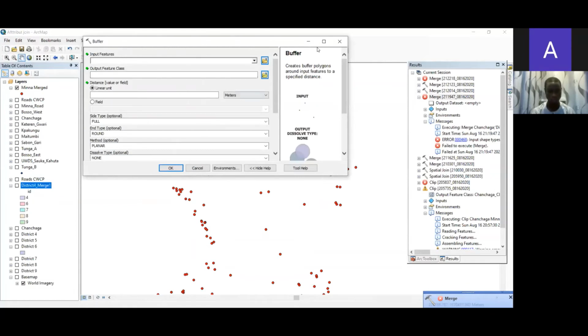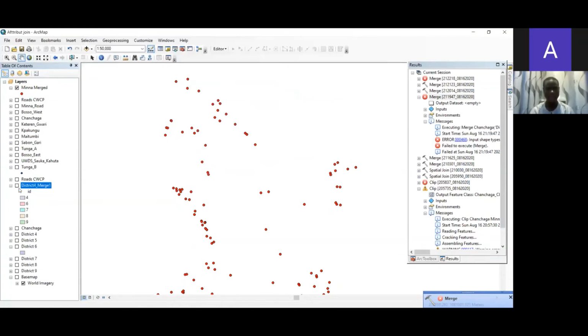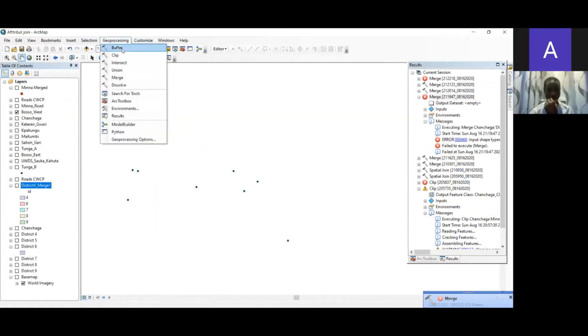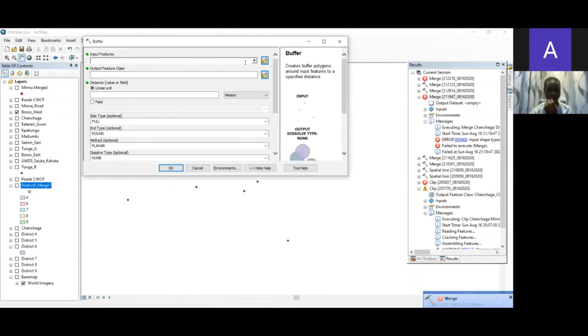Let's assume, maybe let me just take a single dump site instead of using the whole to make the analysis faster. Okay, let's use this point for Boso West. So these are dump sites, and you want to create a buffer. Say, okay, within this distance, nobody should build a house because these are dump sites, because of the smell, the odor that will be coming out from the dump site. So if you go to geoprocessing analysis, you click buffer,